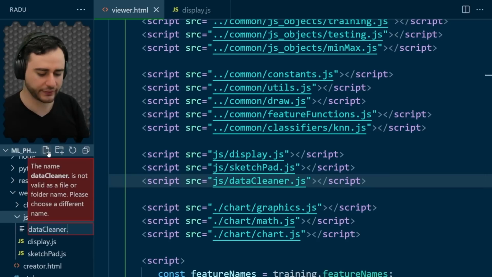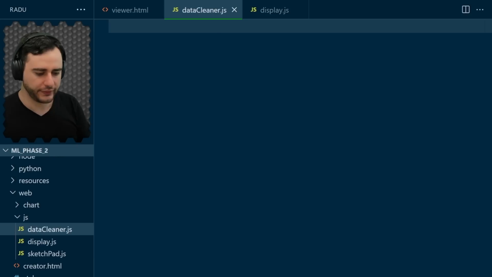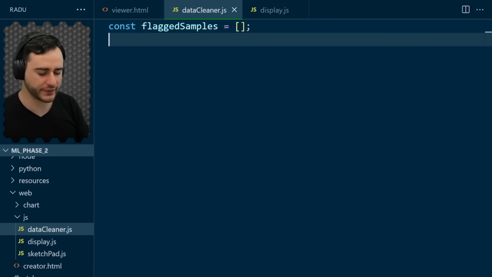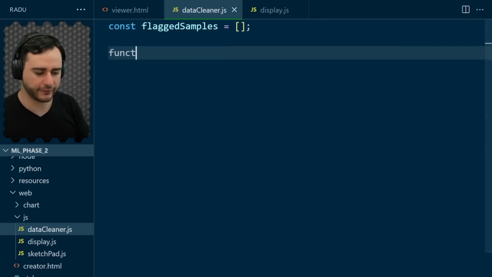Data cleaner.js. Here our flagged samples are going to go inside the list, which is empty for now,